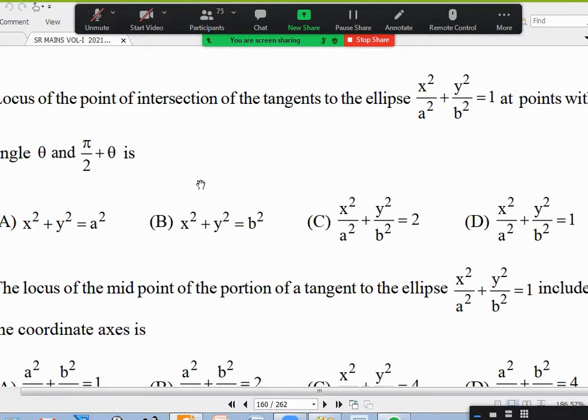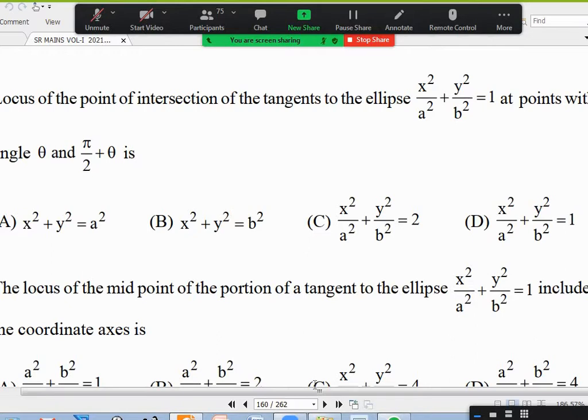That circle, sir, auxiliary circle. No, come on. The auxiliary circle is the locus of the foot of the foci on any tangent. Sir, the point of intersection of perpendicular tangents is the director circle. It is not even that. Here, tangents are not perpendicular. Their eccentric angles differ by pi by 2. There are corresponding points, sir. No, they are not corresponding points. They are on opposite quadrants, first quadrant and fourth quadrant.